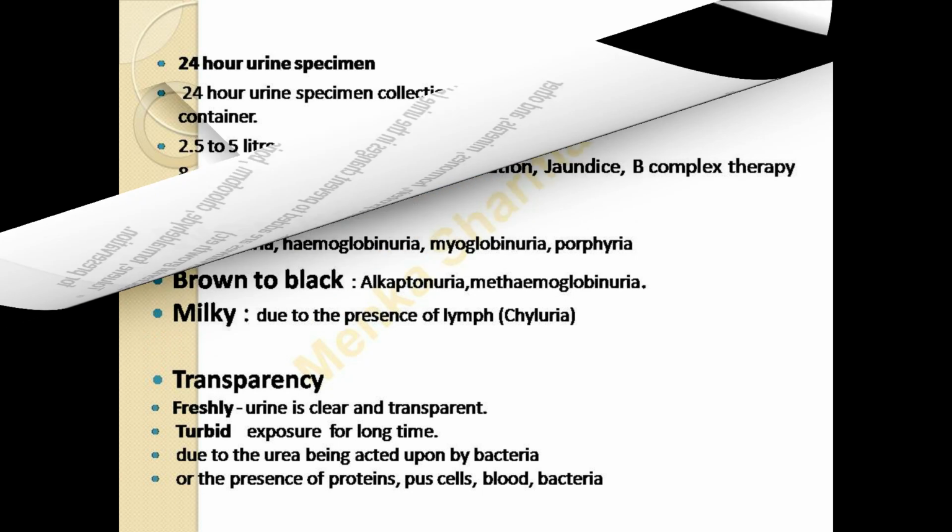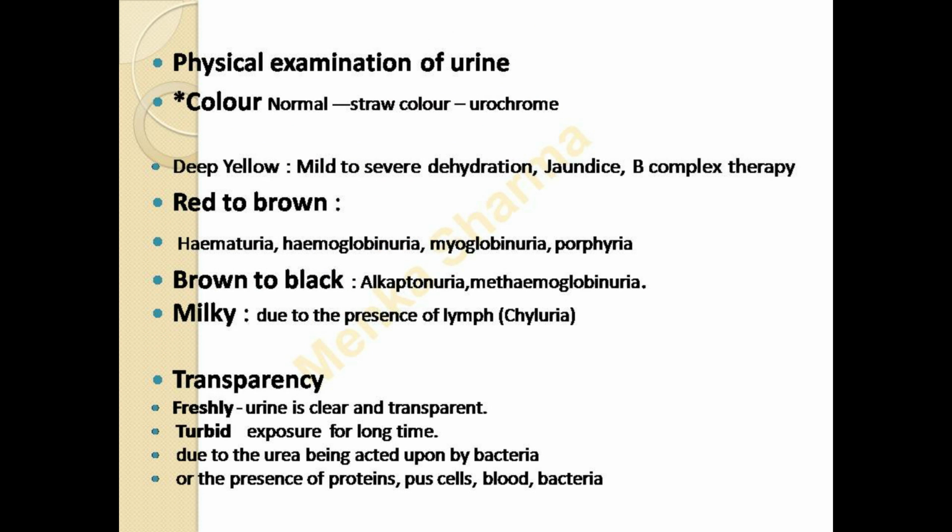We have discussed methods of collection of urine specimen. One has to be very cautious while collecting the urine specimen because they can prove to be potential biohazards. Now we will discuss physical examination of urine. The physical examination of urine is the first part of urine analysis, and it covers criteria like color, transparency, specific gravity, volume, odor and pH. We will be discussing color first.